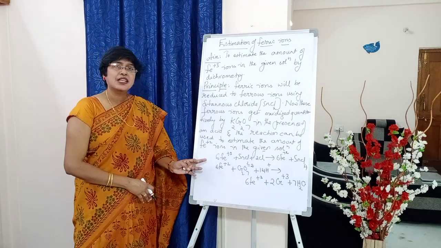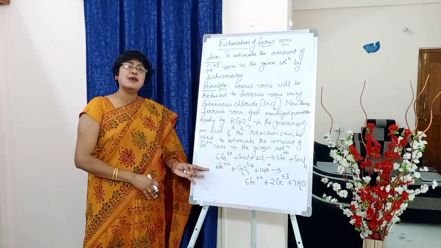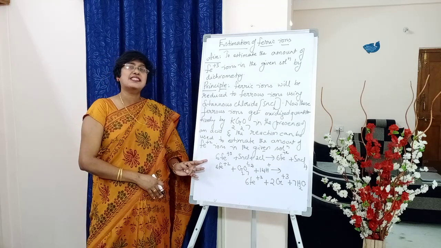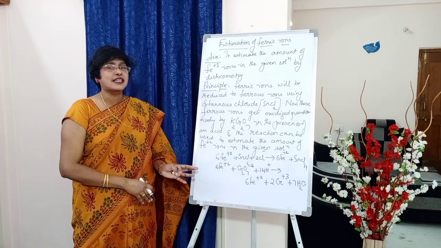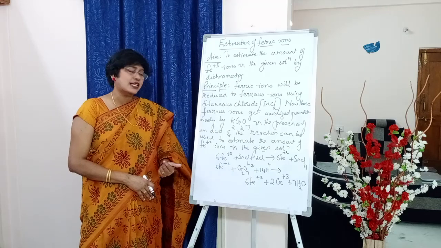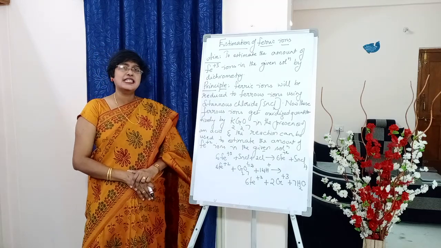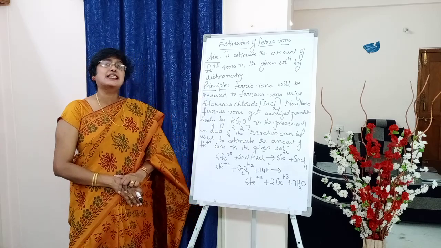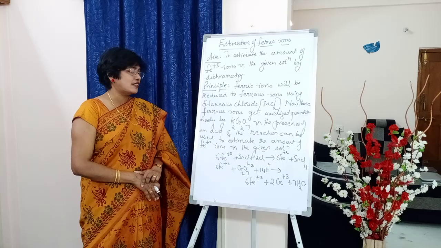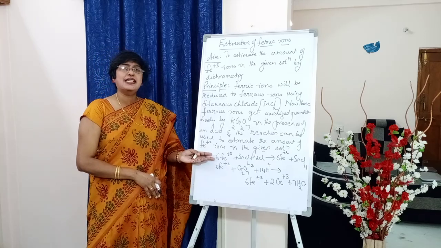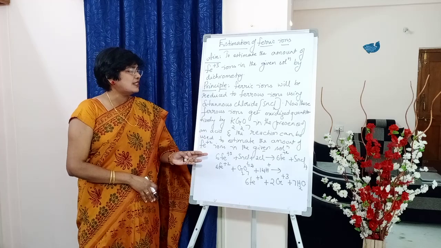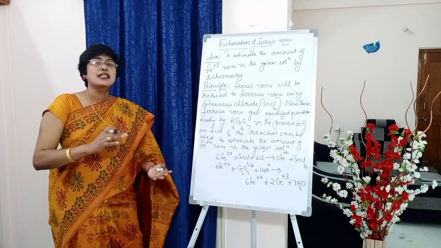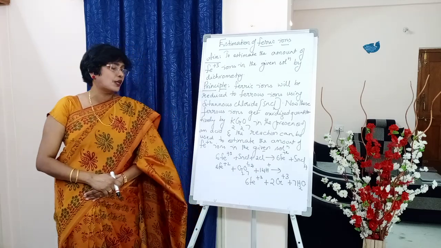Write down the reaction, students. The second reaction is the same as the previous experiment. Before that, we should show the reduction of Fe+3 to Fe+2 using stannous chloride. So write down the reaction: 6Fe+3 plus SnCl2 plus 2Cl minus. This also takes place in the presence of an acid like concentrated HCl. So 6Fe+3 plus stannous chloride plus 2Cl minus gives rise to 6Fe+2 plus SnCl4. Stannous chloride will convert into stannic chloride.